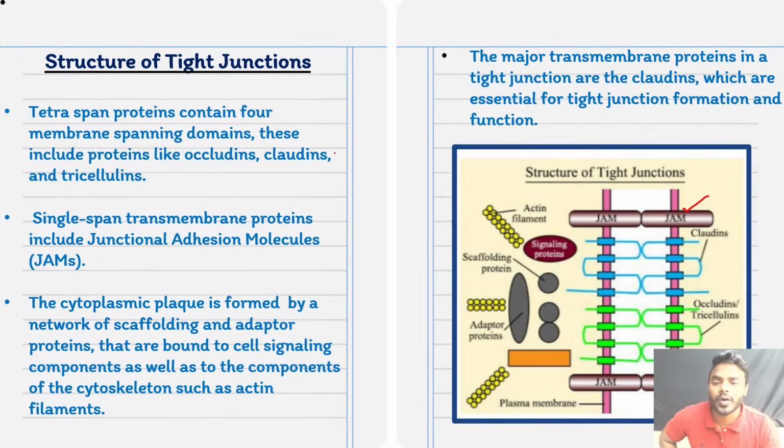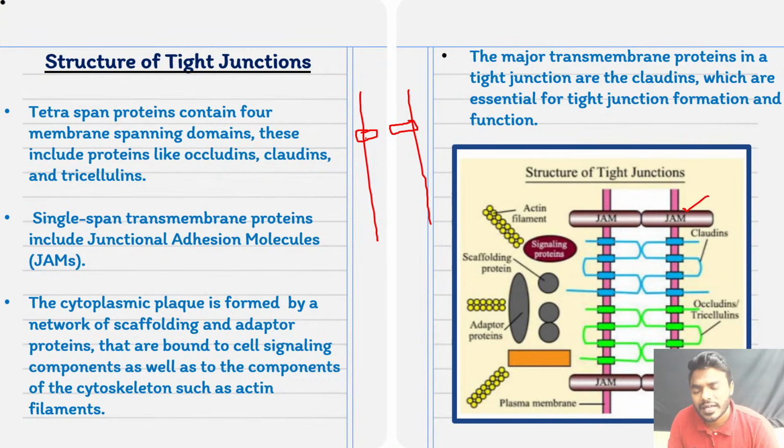Now here comes a very important point. I was repeatedly saying to all of you that the tight junction is associated between the 2 cells and it will seal the 2 cells very tightly. Now the point is very clear. Listen to me. This is cell 1, cell 2. On cell 1 tight junction is there. Correct? On cell 2 also tight junction is there. There is no doubt about it. But the tight junction present in cell 1 has to be associated with the tight junction present in cell 2. Yes or no? Of course yes. But how? That is the point. With the help of JAM protein only.